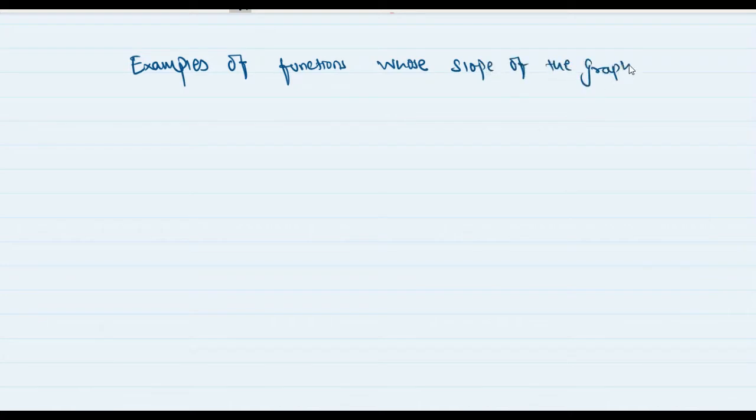I'm going to give you some examples of functions whose slope of the graph is never constant. That means their derivative is also never constant, it is continuously changing. Their differentiation is continuously changing. How to deal with such functions? You cannot use algebra. And examples of such functions are